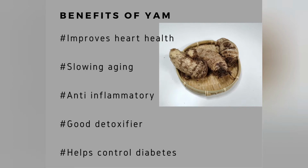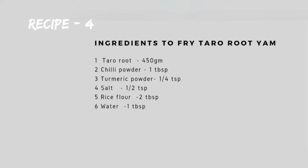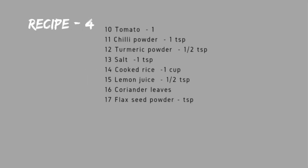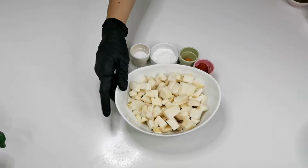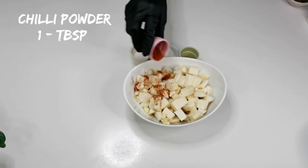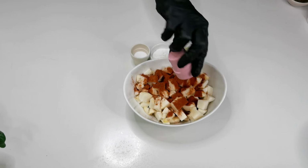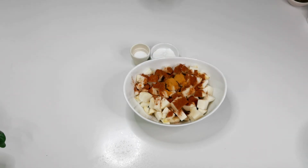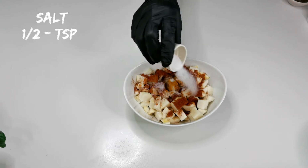These are some of the benefits of yam. These are the ingredients to make taro root yam or sepakarangu. First let's fry yam. This is 450 grams. To this I'm adding a tablespoon of chili powder, quarter teaspoon of turmeric powder, half a teaspoon of salt,